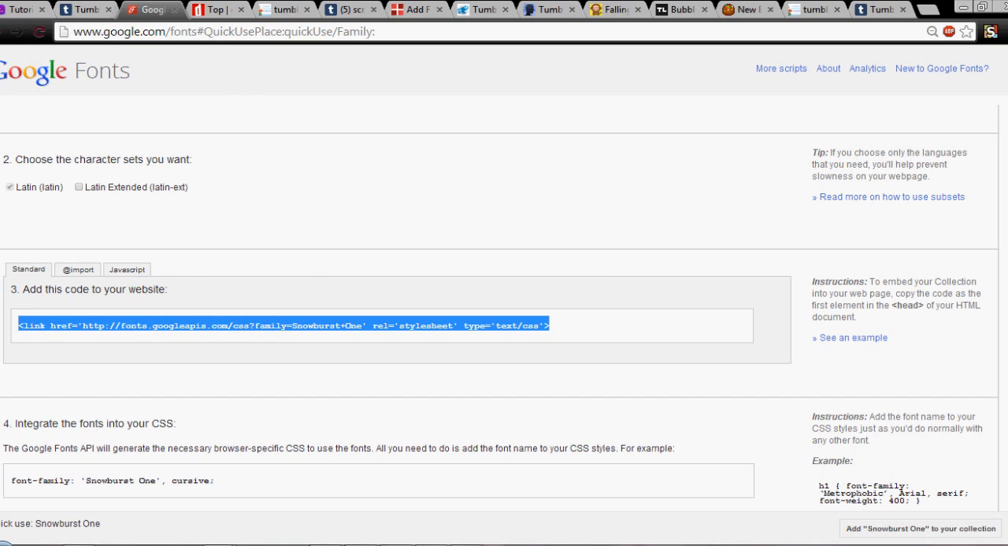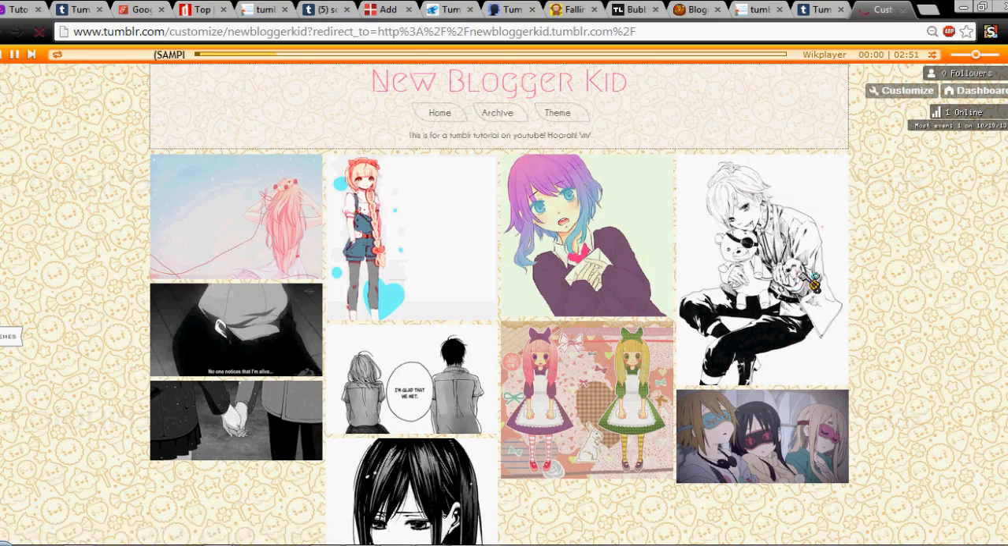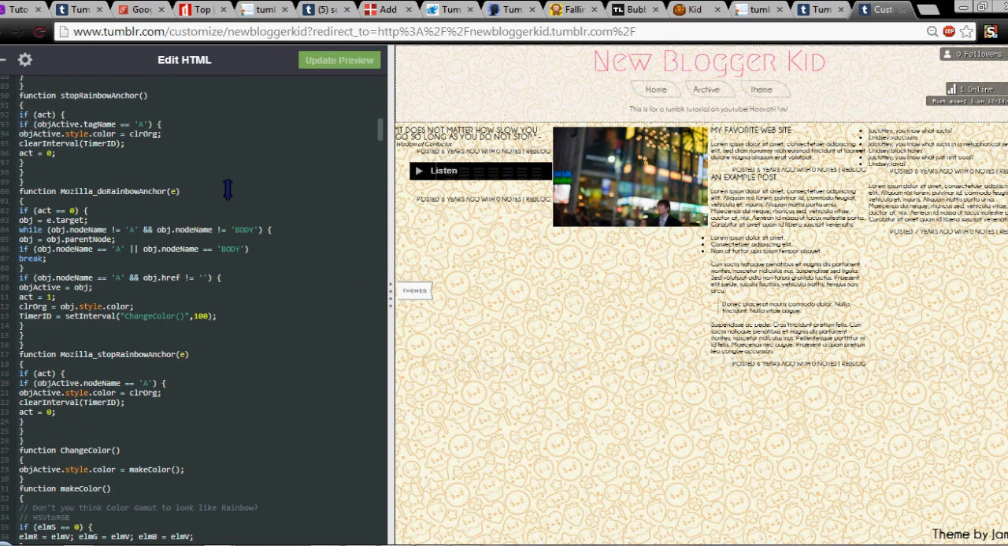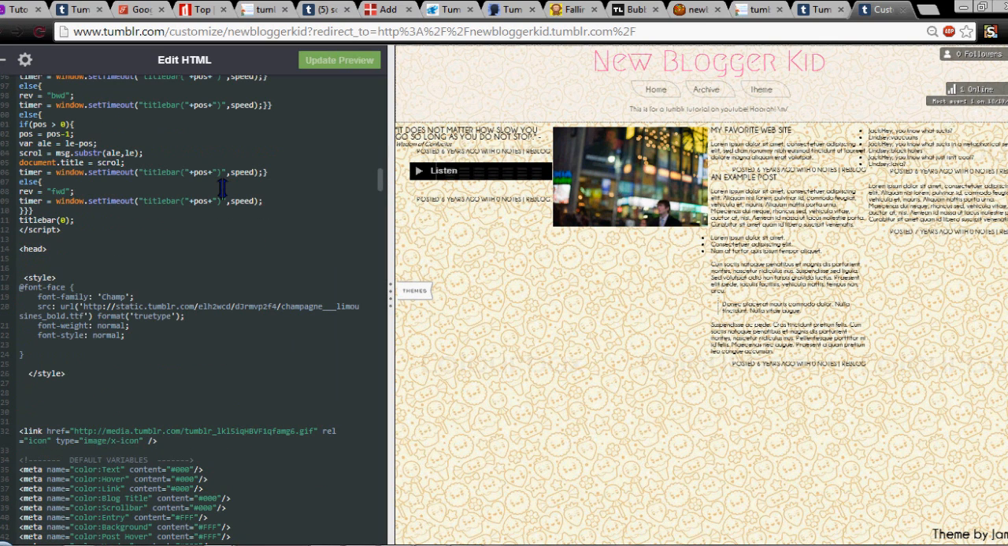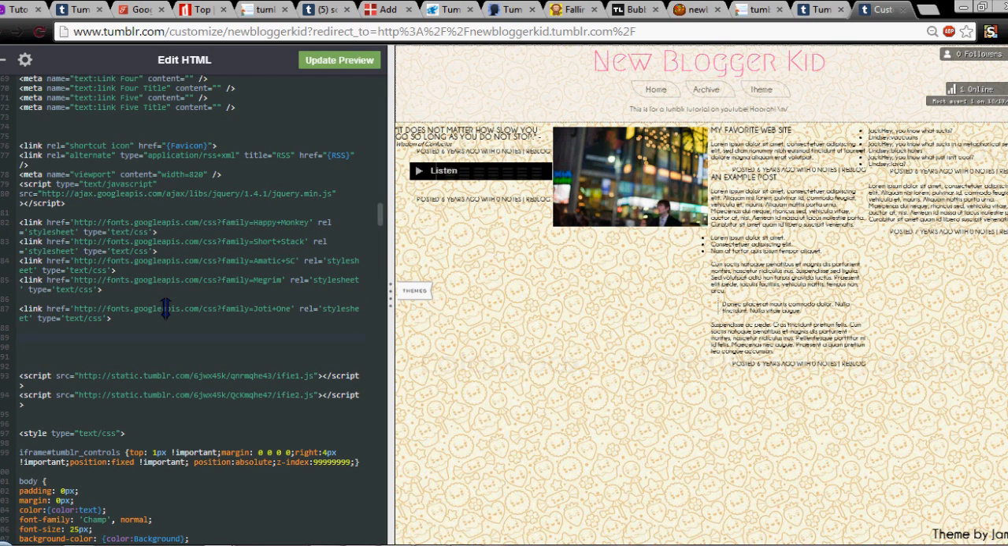So we're going to copy this code, and we are going to go to our Tumblr blog and click Customize, Edit HTML. What we want to do is find where the fonts go. You could just put it right under head, or you could put it with all the fonts down here. There might be a section of your blog where they show. See, these are all different types of fonts, and I believe these are all Google fonts too. So we're just going to put this one right here, Control V on your keyboard, or just paste,